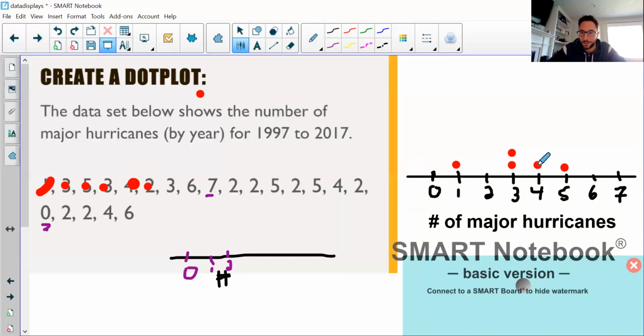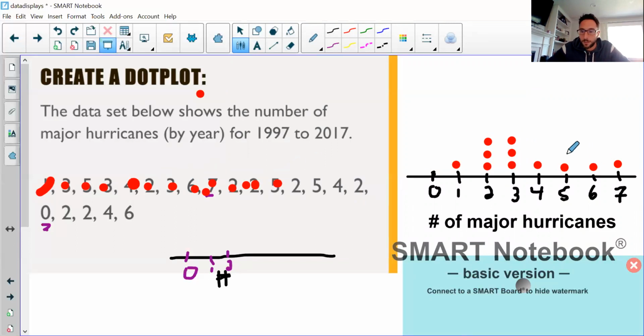So we got a 4, we got a 2, we got another 3, we've got a 6, 7. I missed. That wasn't a good job of spacing that evenly. We got 2 2s. Now, when I'm stacking these, I want the spacing to be similar. So these two both have 3 dots. They should be the same height. Again, otherwise we're going to distort how people perceive the numbers of hurricanes. I don't want it to make it look like 3 happen more often when there's the same number of dots